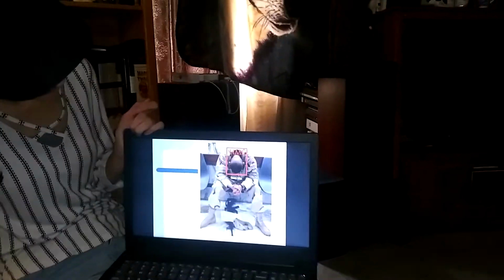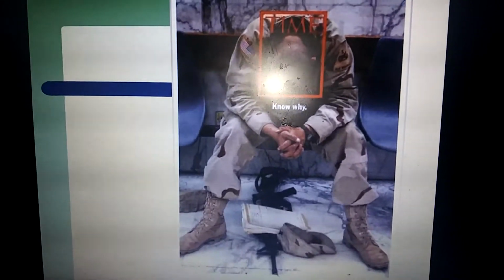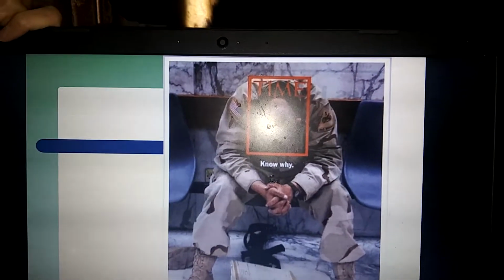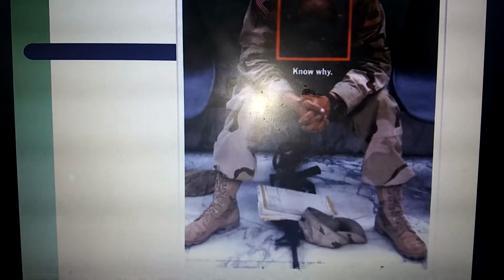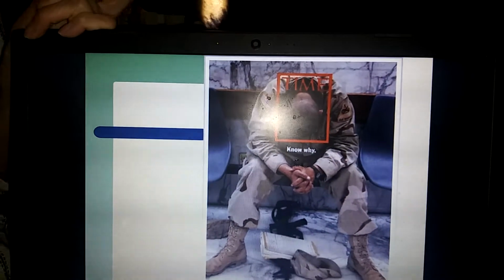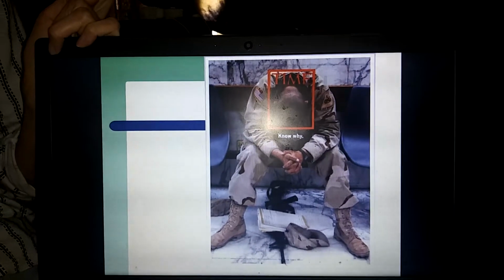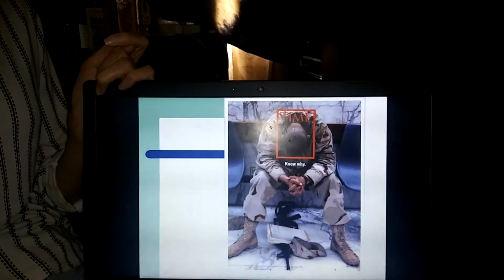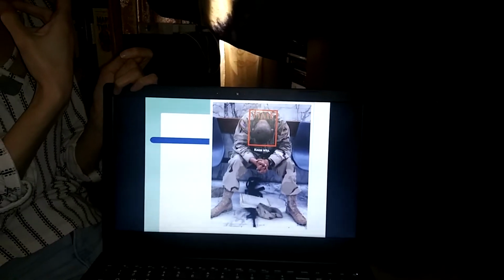So next one, if you see this, look at where the time box is really honing in on this person, and then it says know why, okay? So look at the outfits that the guy is wearing. What is he part of? What is he holding? Or what's on the floor? And how is his head positioned? And what do you think it's asking, okay? Go ahead and take a couple minutes for that. Pause the video.